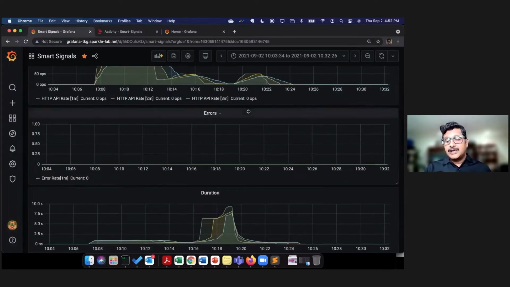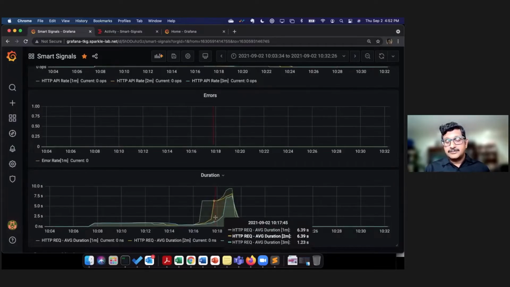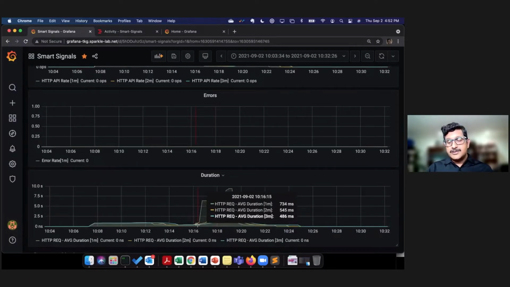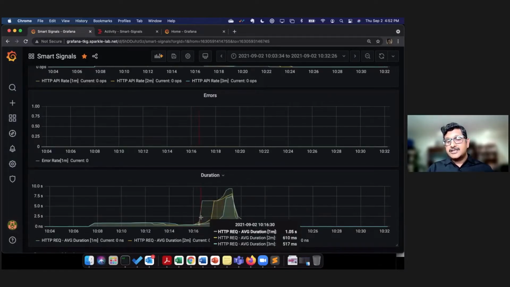One of the other scenarios we talked about is the duration. As the system is going through the normal load, something bad happens in one of the dependent services, and the service is misbehaving, giving you longer duration times. If you look here, the service typically used to give around 400 milliseconds, but suddenly it started spiking up.